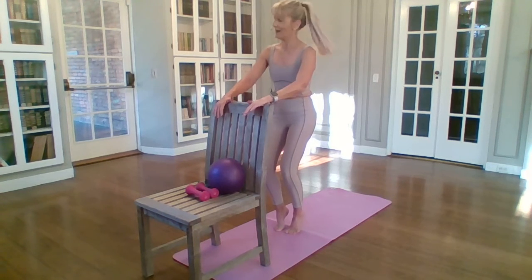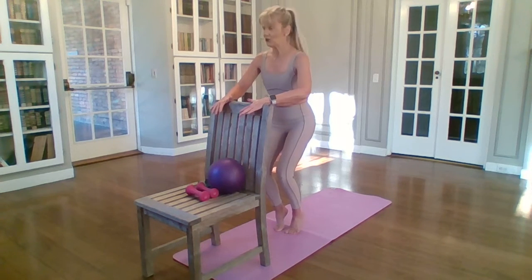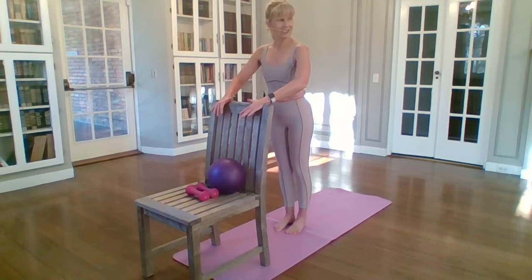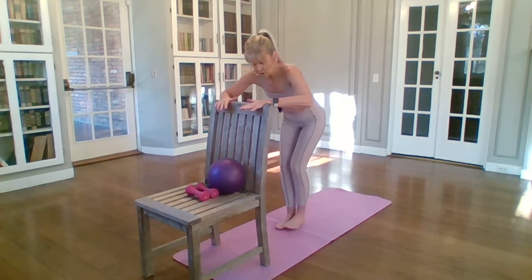8 more. Come on. 7. You can do this. Don't quit now because you only have 4 more reps. I go 4. Yes. 3, 2, and 1. And release. Walk it back. Soften your knees. Now, if this is too much on your back, you can come closer to whatever you're using